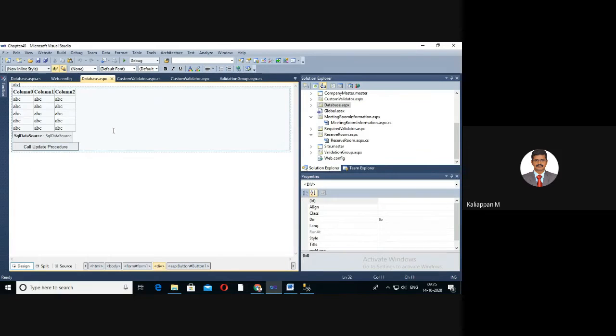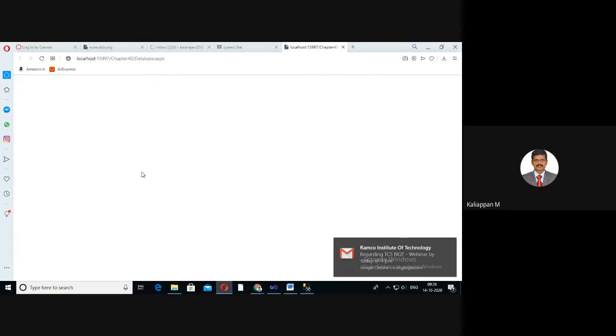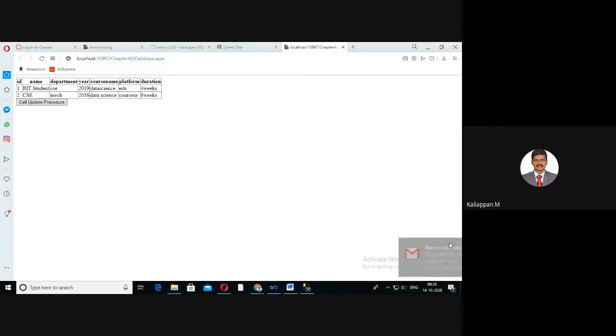So when you execute, view in browser, now you are getting the output.